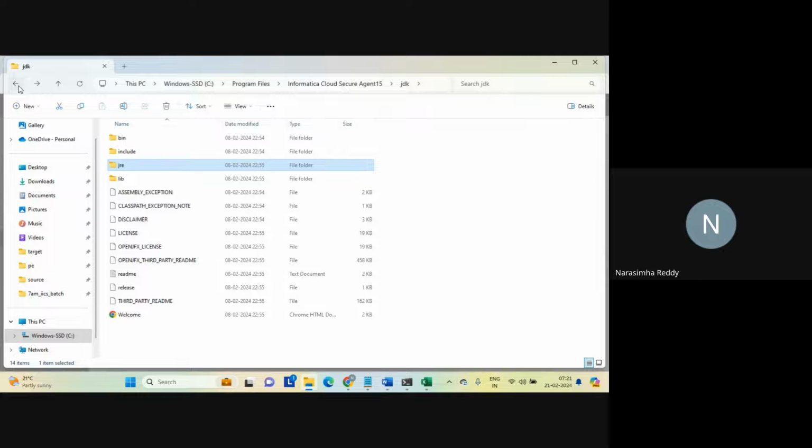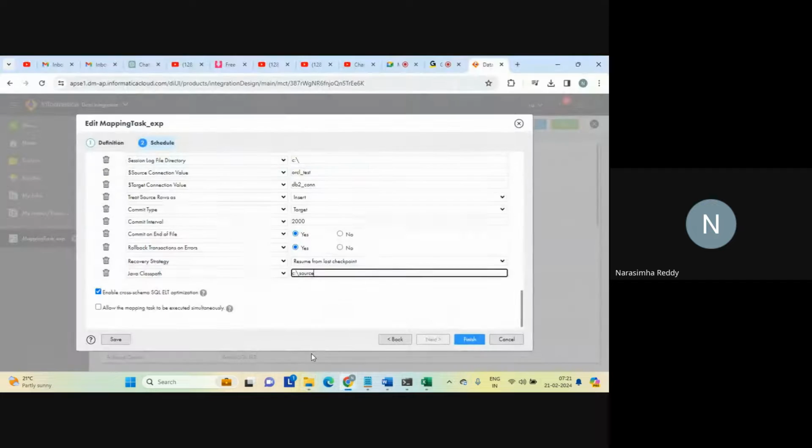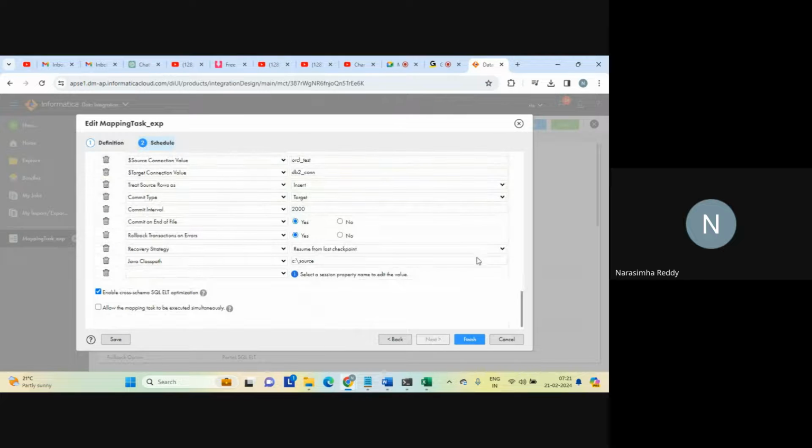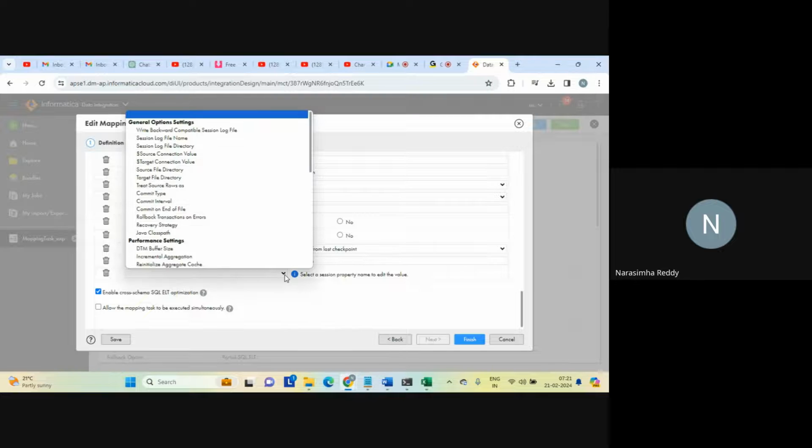For that, you don't need to set a path if you just copy it over there, like the user parameters we discussed, right? The same concept holds good even for jars or class files. So that's one thing. And next is the general settings, right? Now let us talk about